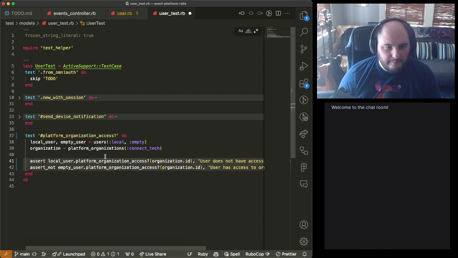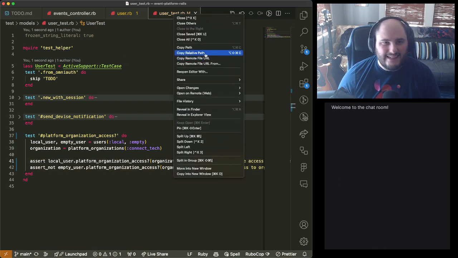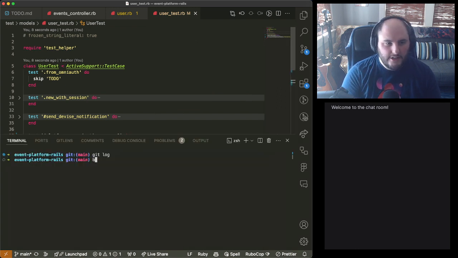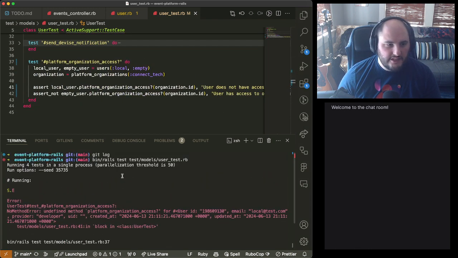And the reason being is it seems like a verbose name and everything. It's the name that I think would best serve anybody looking at this, especially as we add more concepts later. So if we go ahead and run this model test, the first thing we're going to see is, hey, red test, this thing doesn't exist.